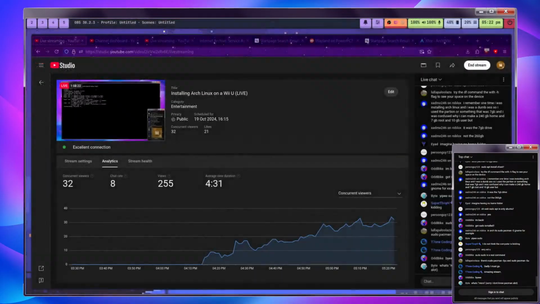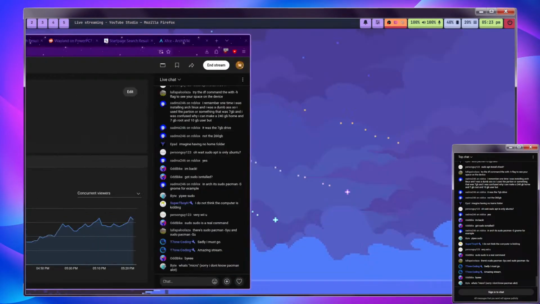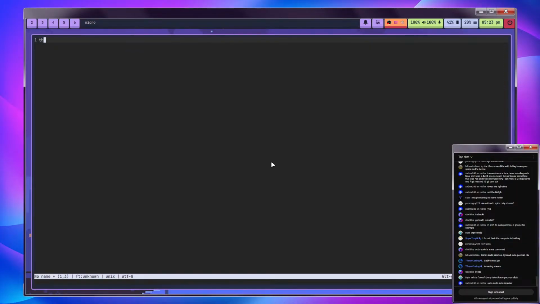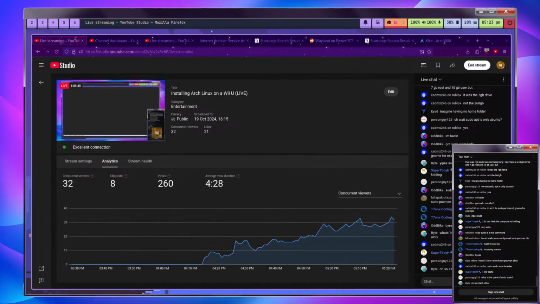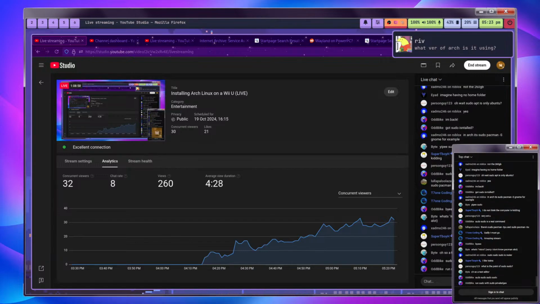I'll show you what micro is. So if we go into, wait, no. The micro, this is a text editor. Sudo is really. What's micro? What's the point? Oh, so a text editor. What version of Arch is it using? It's not really a version. The only real version number I really know is the